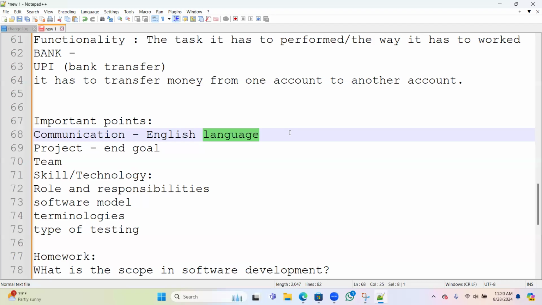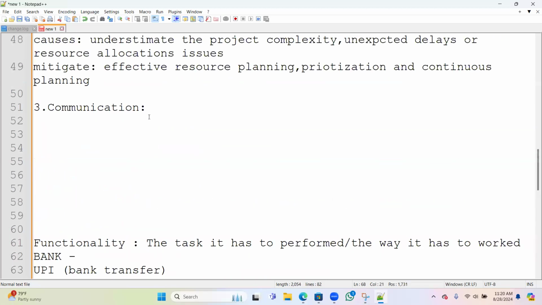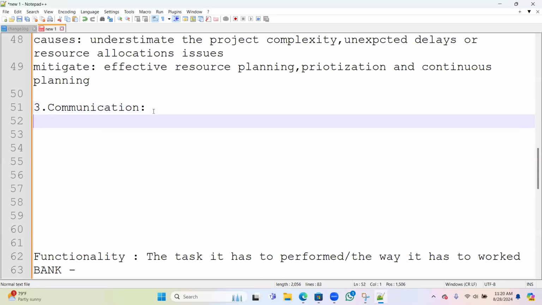If you're unable to understand, it might be useless. That's why I'm saying it. It may not be proper or high English. If you're able to make the other person understand, that would be fine. So communication skills are mandatory. This is also one of the important issues we have. What is that?